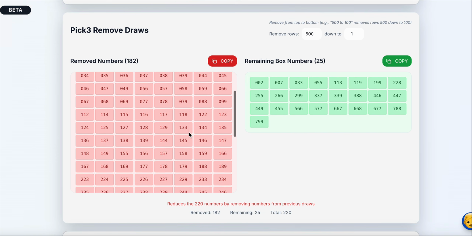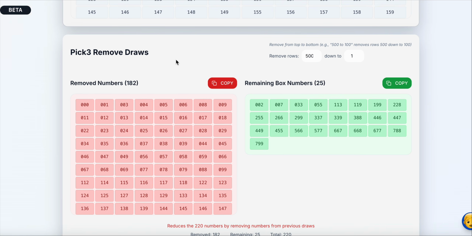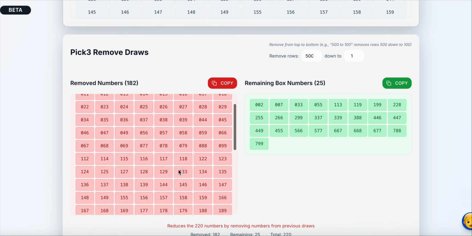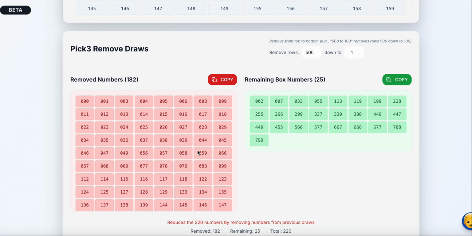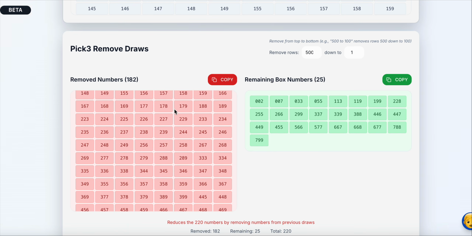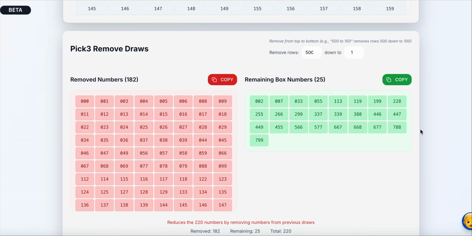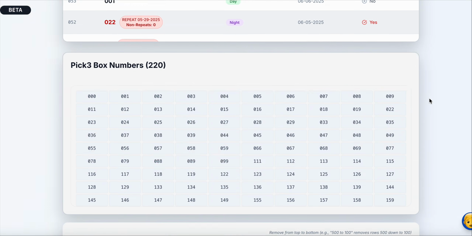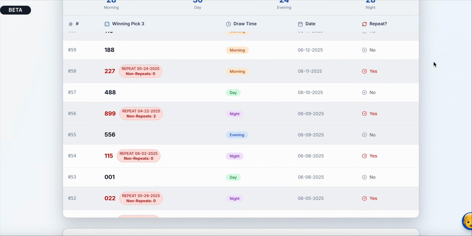So if you have your own strategy and you're trying to work with doubles, and you don't realize that the next draw is not going to be a repeat double, then you're going to lose. You're going to have a very bad time with this because you're going to lose a lot of money. You're going to keep losing because all your numbers are going to be in here. The only way you're going to win this is when there's repeats, and there are repeats. So you see that now. And you could play it the reverse. If you want to play with repeats, you just go here and play that way. But this is the best way to do it.